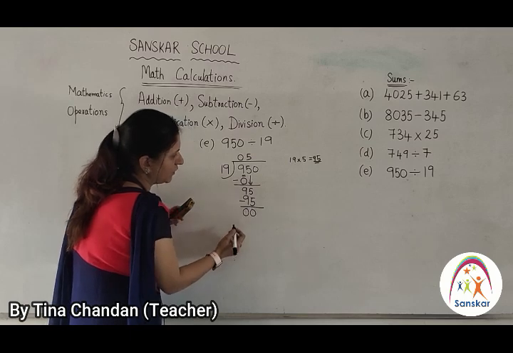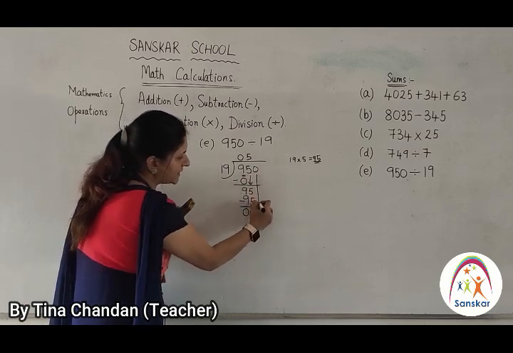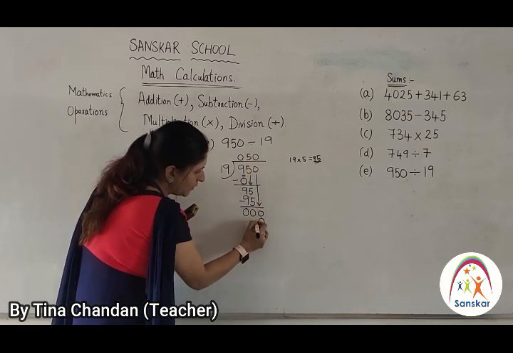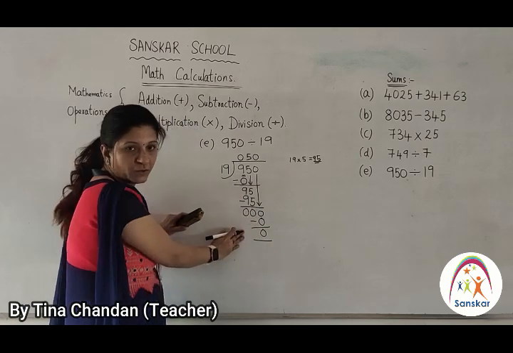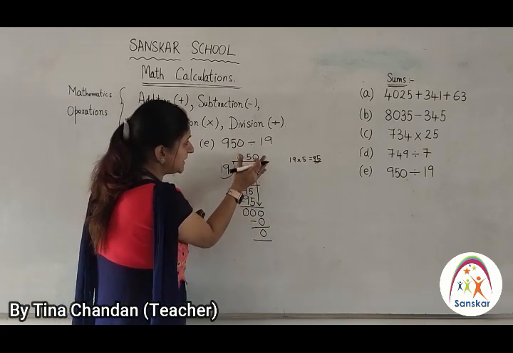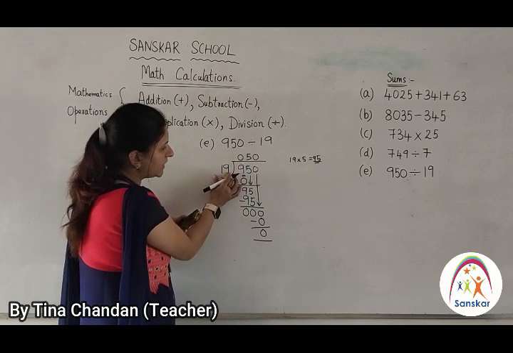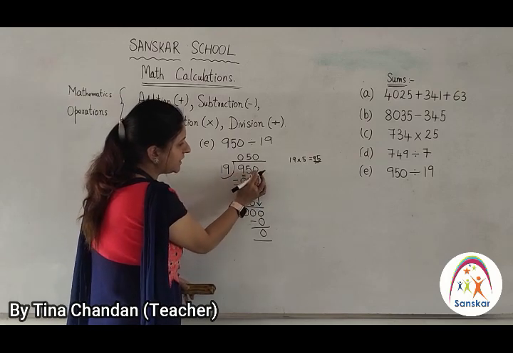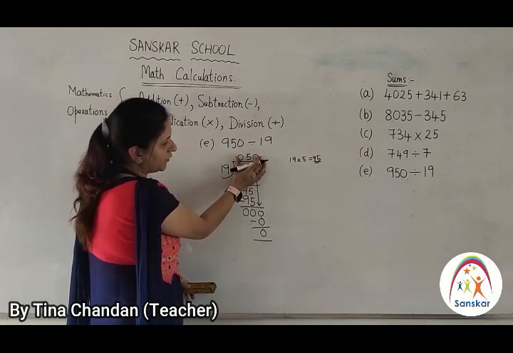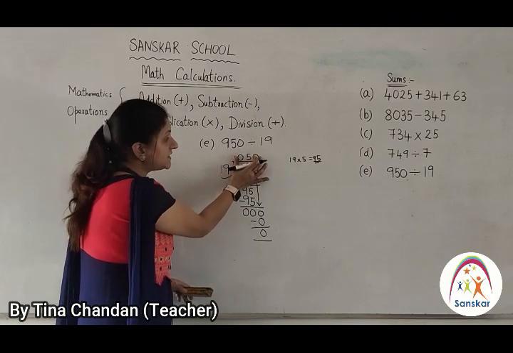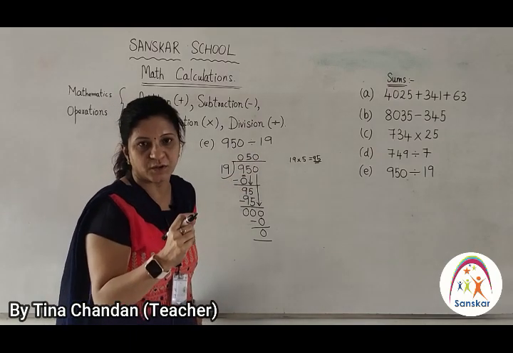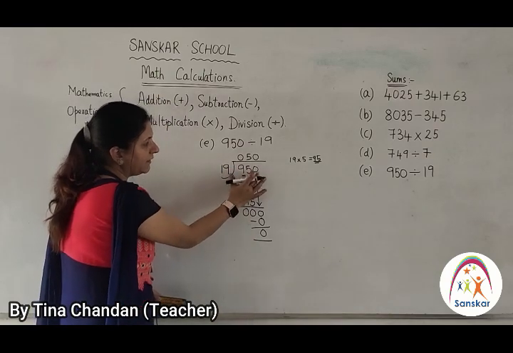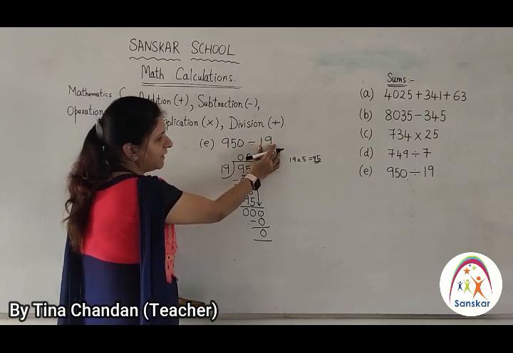You are going to get 0 0. Now again your next step is to carry this 0 down, and 19 zeros are 0. It is very important to show the 0 step, okay. I have personally taken this number for calculations because many times students skip this step. As you are getting the dividend in 3 numbers, it is better to get the answer over here in 3 digit numbers, because these calculations will help you in decimal questions also, okay. So this way you have to follow the 0 step by calculating the numbers 950 divided by 19.